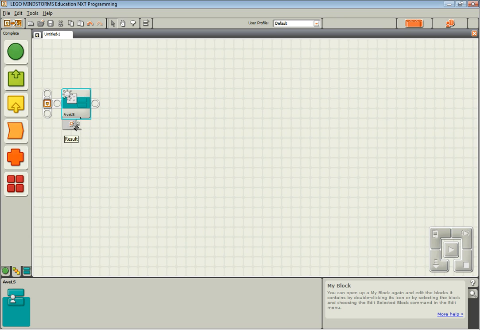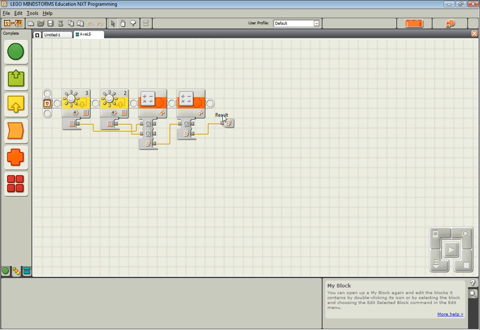Now that's great. Now what happens if we wanted to rename this port, have a different tooltip pop up instead of labeling it result? We could name it something else. The way we do this is we edit the my block by double clicking, and then you double click on the label that says result, and you type in whatever you want it to be labeled, like average ls reading. You save it,